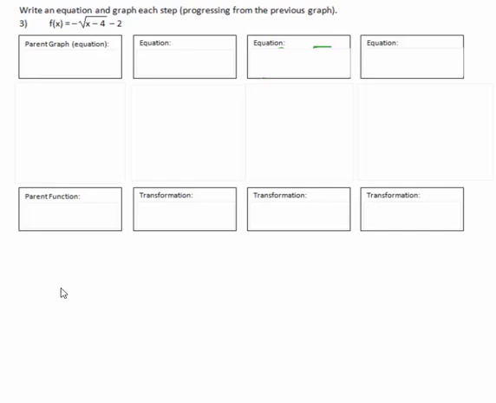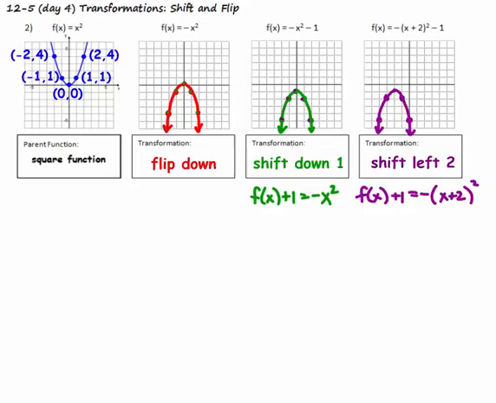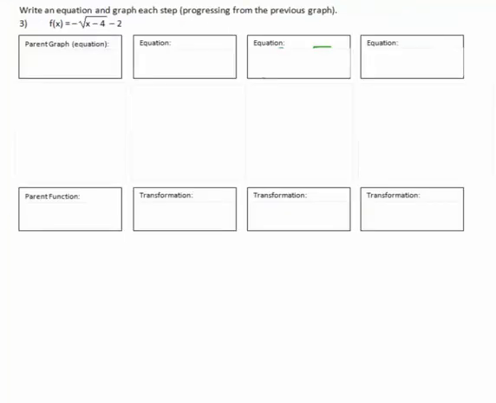Okay, now we're going to get trickier. Now we're going to be graphing an entire equation. What we did on the last one is I gave you each step along the way. What we're doing now is basically starting with the ending, and we're going to break that down into, well, what would the parent graph have been? Over here, if we take away all of the addition and subtraction, any negatives, we're just left with f of x equals x squared. So on the next page, when we're looking at this, we first need to look at,